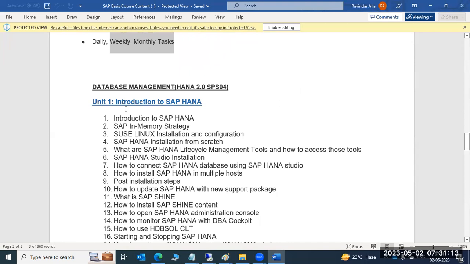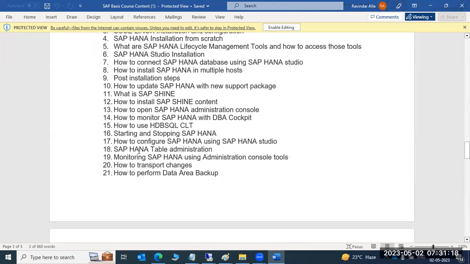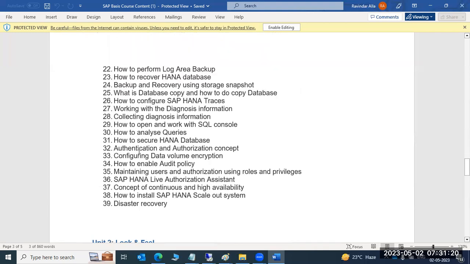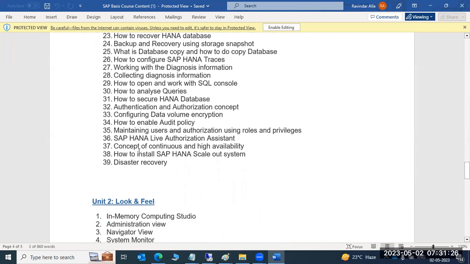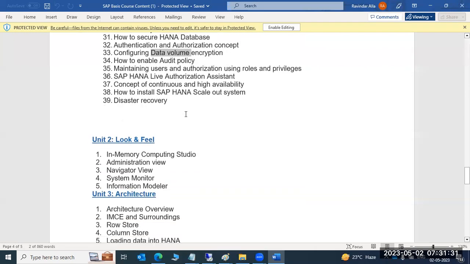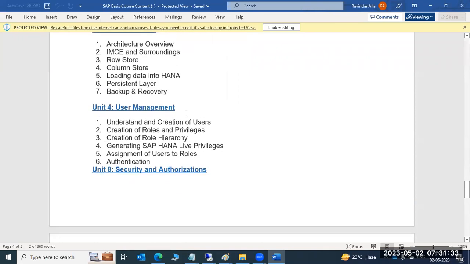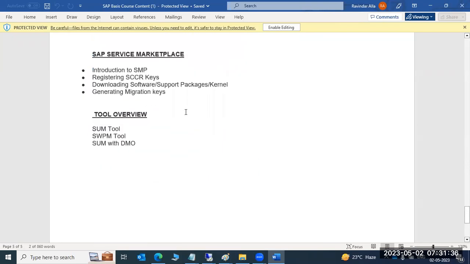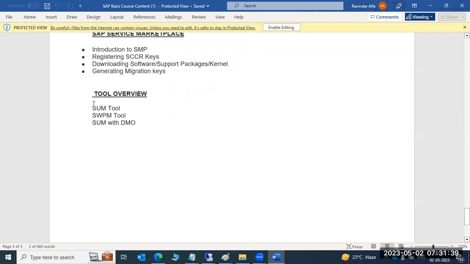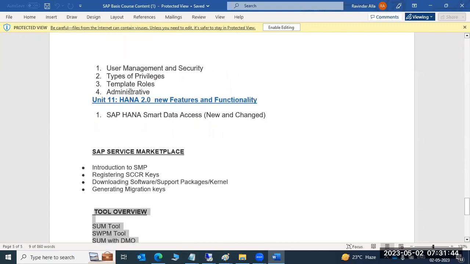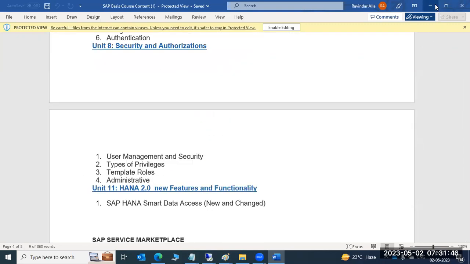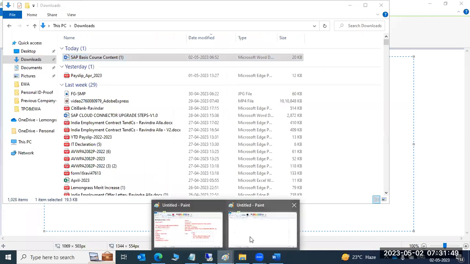Then after that, we are going to discuss HANA database, HANA installations, HANA upgrades, HANA configurations, monitoring, backups, restore, recovery. Then troubleshooting issues, enabling audit in HANA, enabling encryption. How to do this, data disaster recovery, all this architecture and security, we are going to discuss. What tools are we going to use for our day-to-day activities? We'll use all of these. What keys are required? Marketplace. All these things we will discuss in our day-to-day classes.